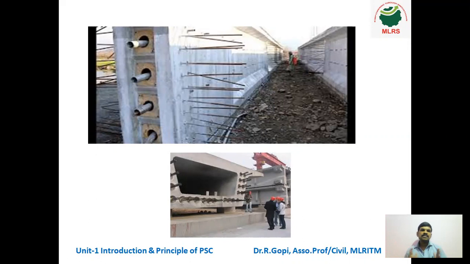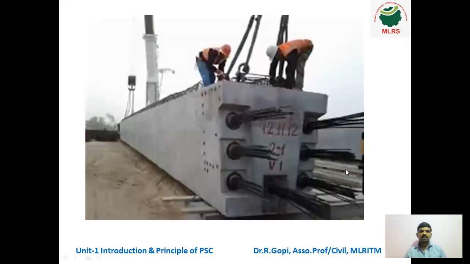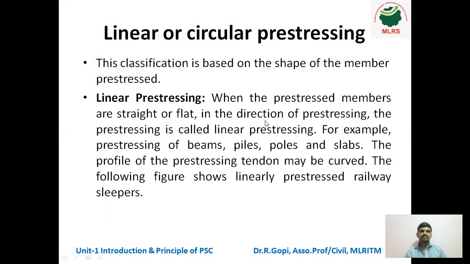To avoid this, post-tension members like beams and girders are all cast in the site only. After that, using a crane, it is shifted and placed in the required place. That is a major difference. Here also you can see the length of the beam, and this is done using the post-tension technique. After that, it is shifted to the required place using a crane.